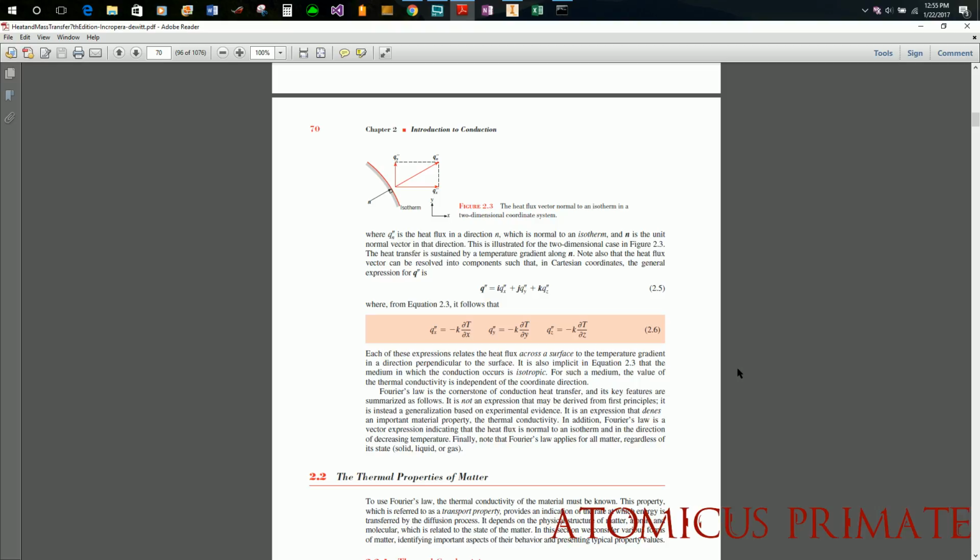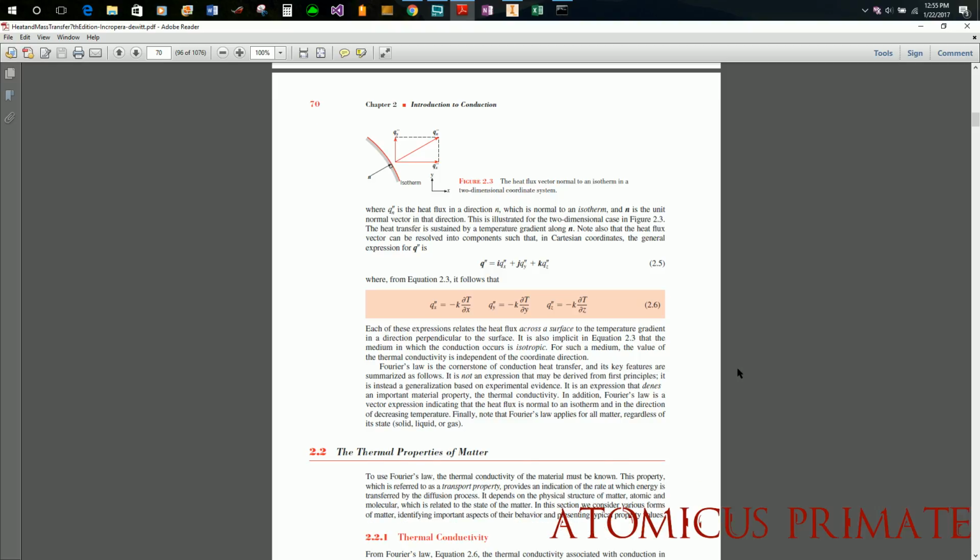Fourier's law is the cornerstone of conduction heat transfer, and its key features are summarized as follows. It is not an expression that may be derived from first principles. It is instead a generalization based on experimental evidence. It is an expression that